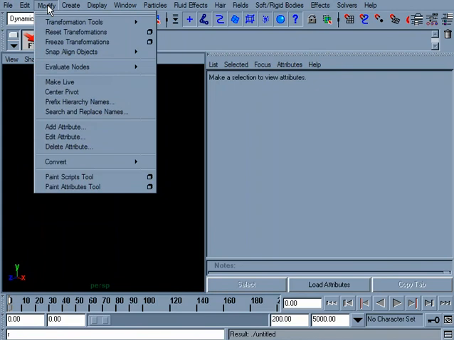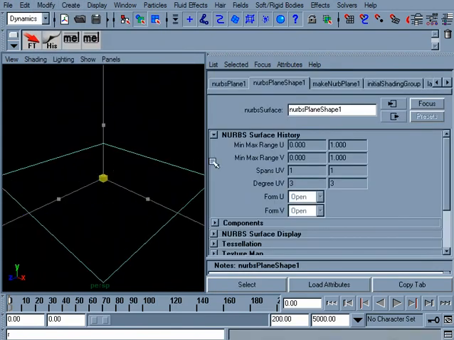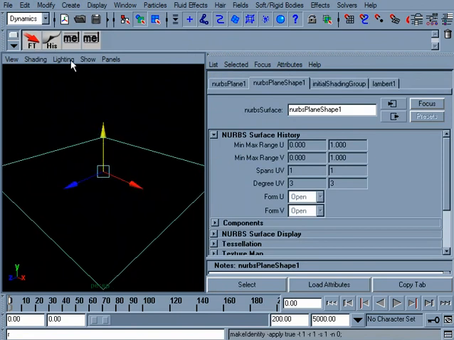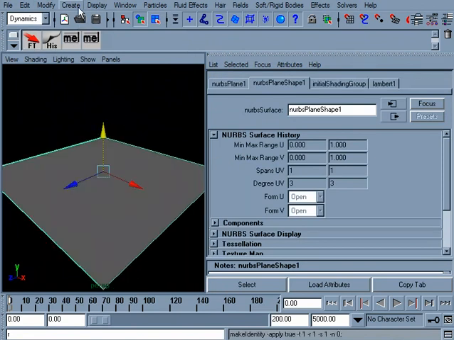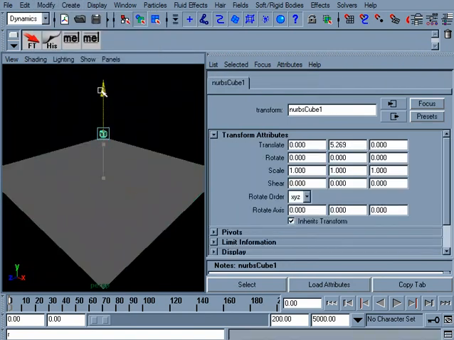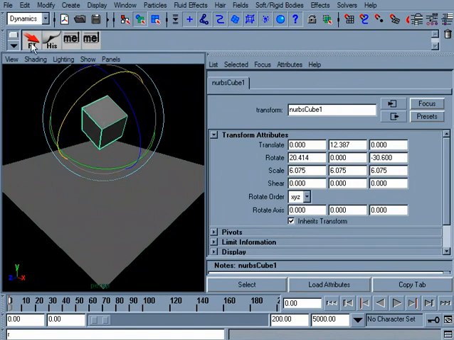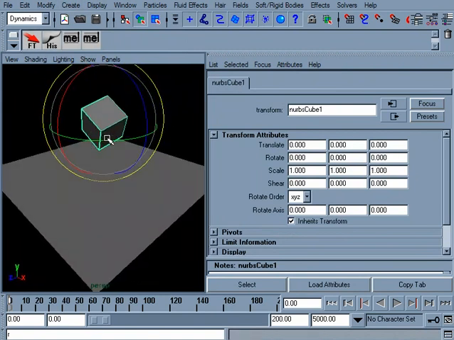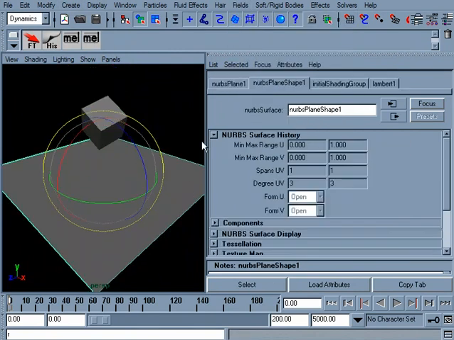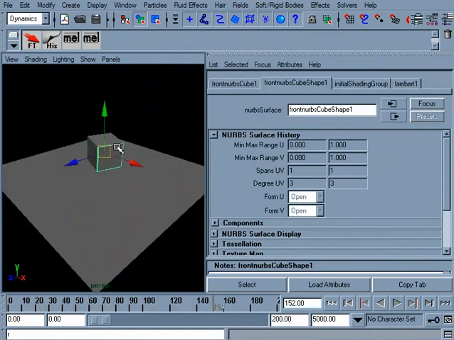All right. Again, very simple setup here. We want a plane. Okay. We want a cube. Okay, and I'm going to animate this. So I'm going to connect this to gravity. And I'm going to make this one passive. So if I play this back, this is what I get. Okay, and oops,